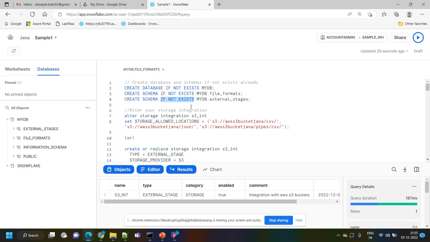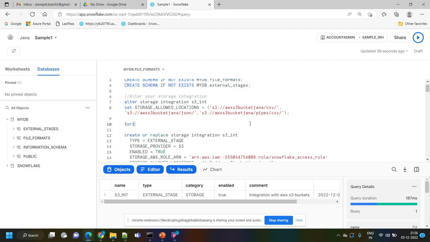That means if the schema is already available, it will not create it. If it is not available, then it will create it. So if you want to create, you can create. Then, in my previous session, I explained how we can create a storage integration object between